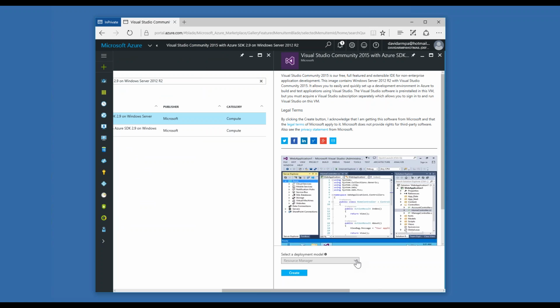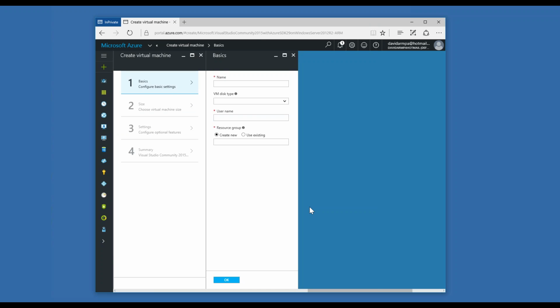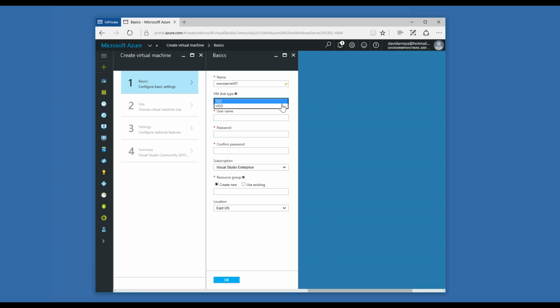In terms of a resource manager, let's see what we've got going on here. I just named it. We can choose between a standard hard drive and a solid state disk. I'm going to assign a user ID and a password.